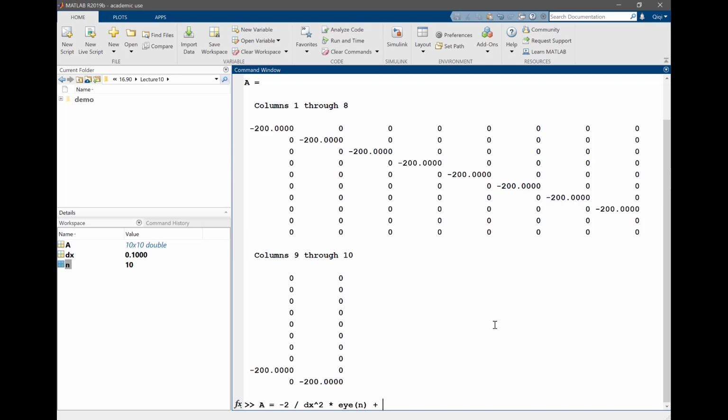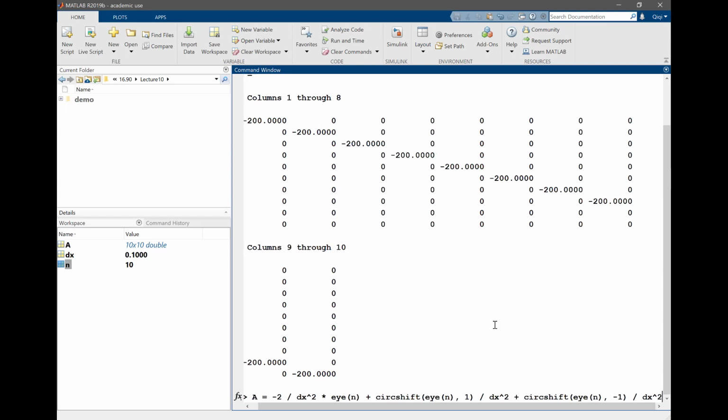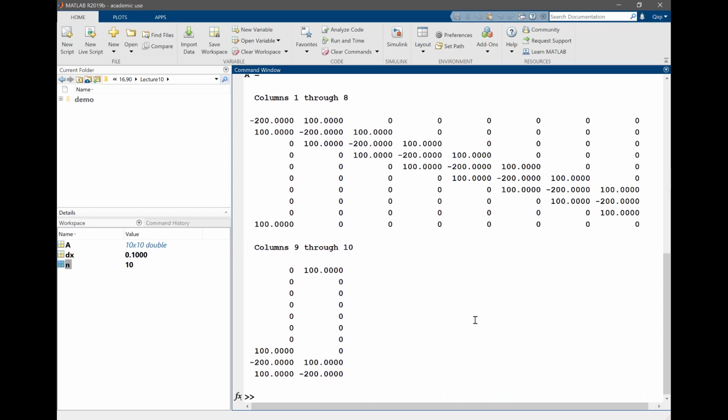Okay, and now if I want to add my upper and lower diagonals, I'm going to use the same function, circshift of I by 1, divided by delta x squared. Because the upper and lower diagonals are symmetric, I'm just going to copy the same thing and put a -1 as the shift here. So now I have both upper and lower diagonals filled, and I have the lone non-zero entries here and here also filled, right? Okay,